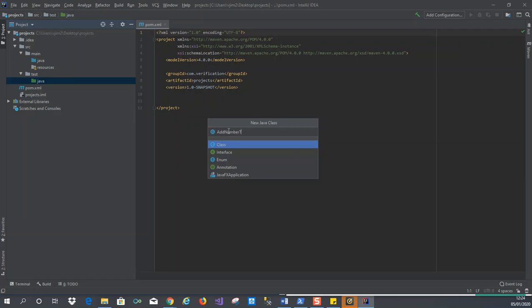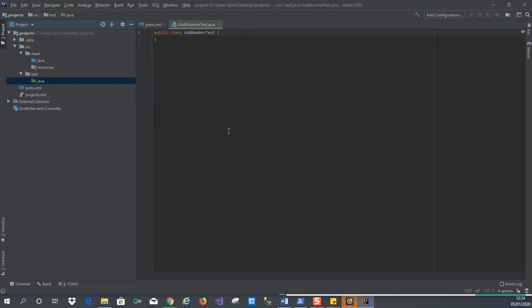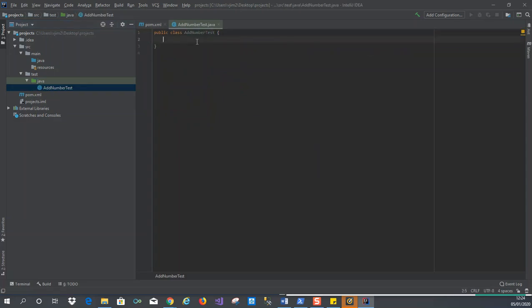Number text. So this is the add number test. I just want to highlight two numbers together to verify everything is working accordingly. So if I say okay, @Test,